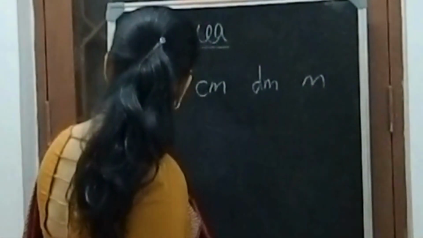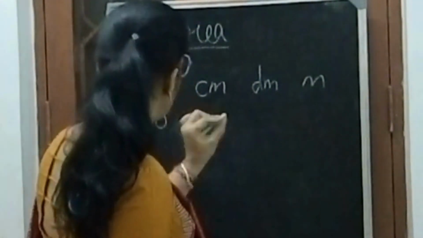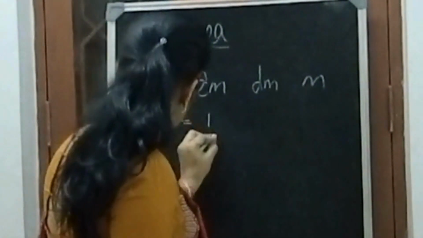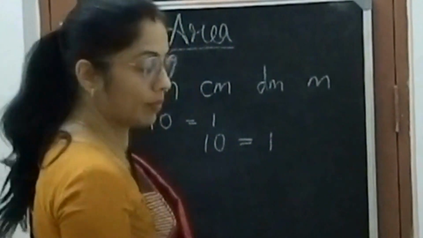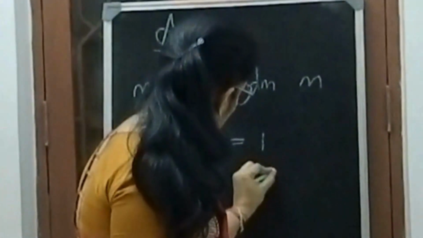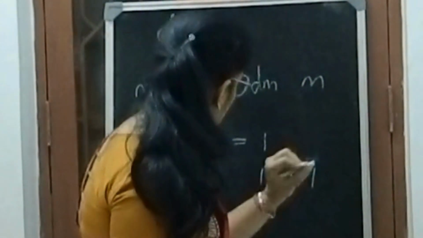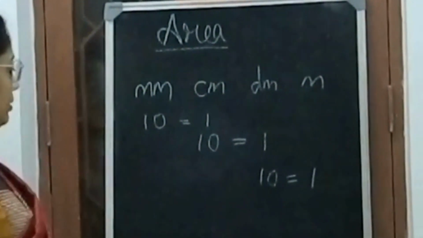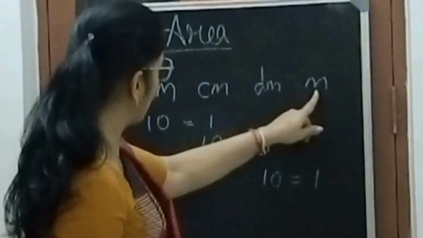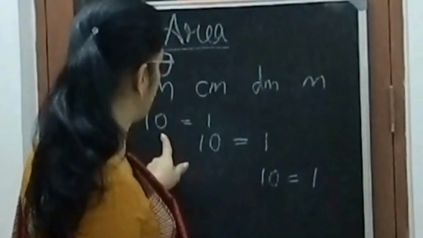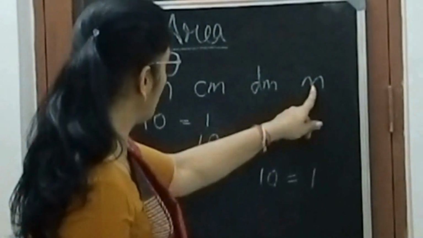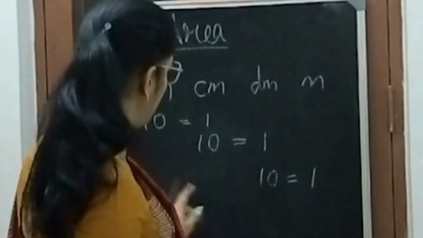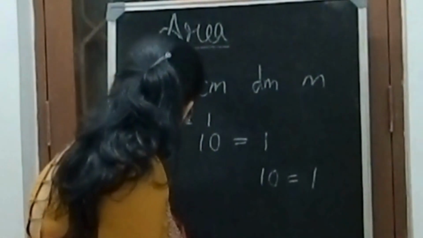10 millimeter equals 1 centimeter. 10 centimeter equals 1 decimeter. 10 decimeter equals 1 meter. Okay? Easy? Now, if I have to find meters in millimeter, how many tens are here? 3. Okay? So, if I have to find meter in millimeter, I write 1000 millimeter equals